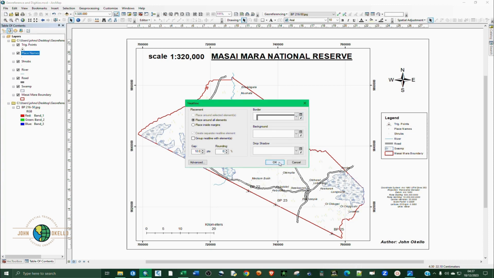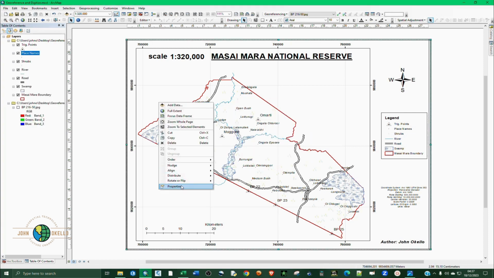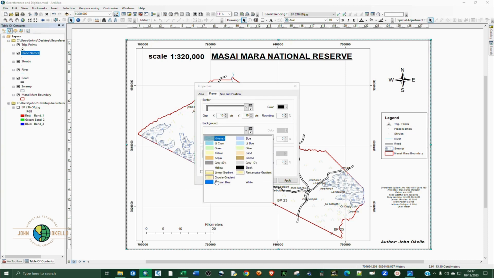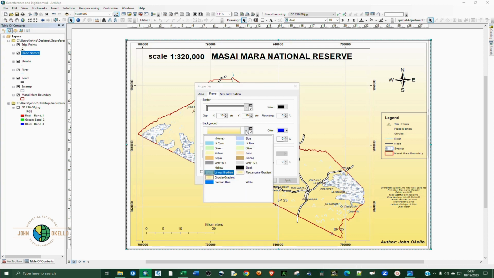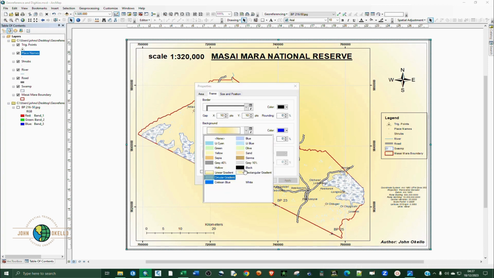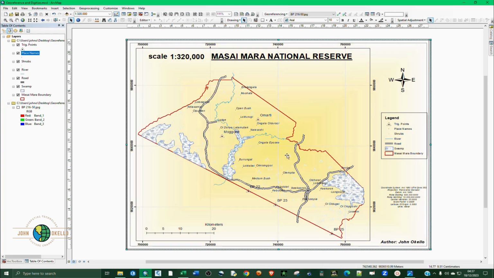Let's go for triple line, and then if right click, properties, and then background, let's make it gradient, apply, let's make it circular. Really, you can just try so that you can have a proper look like that,